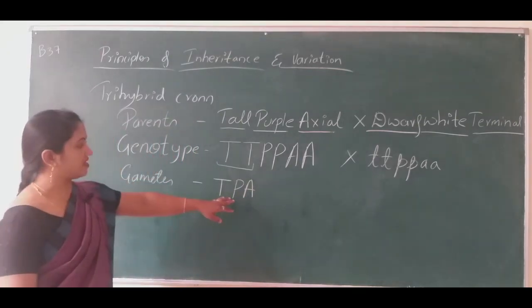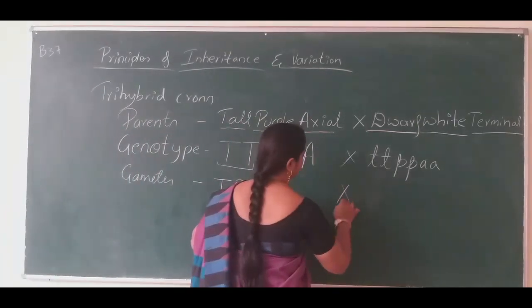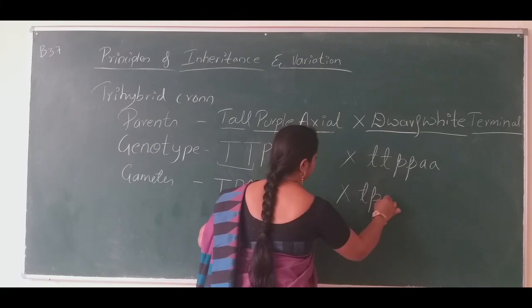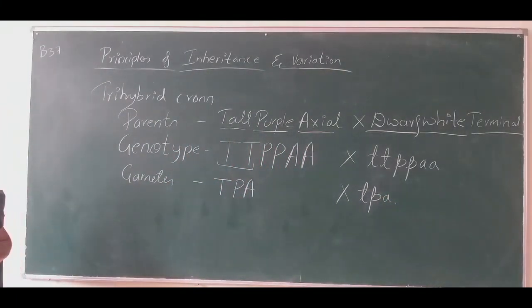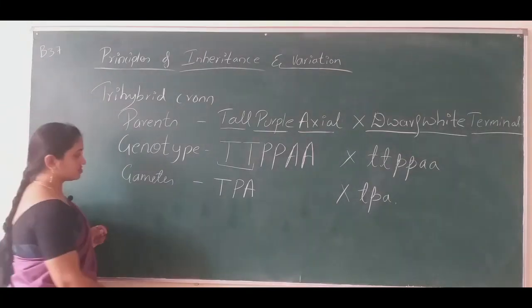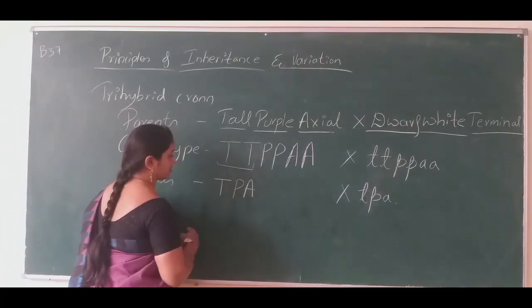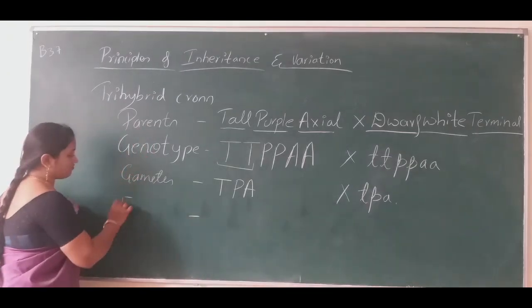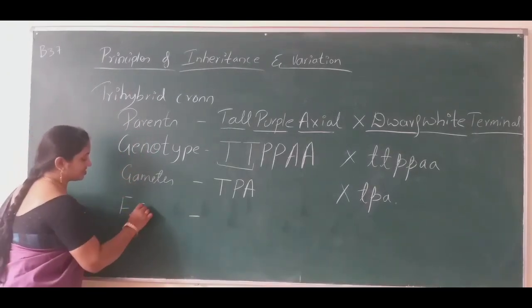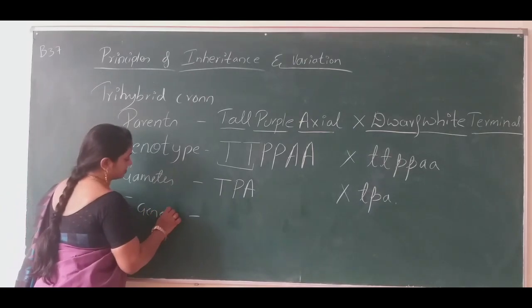Capital T, capital P and capital A, small t, small p and small a. So these are the gametes. And now cross these gametes. Take this as male and that as female. What will you get in the F1 generation? In the F1 generation,